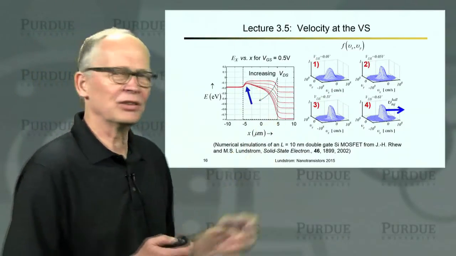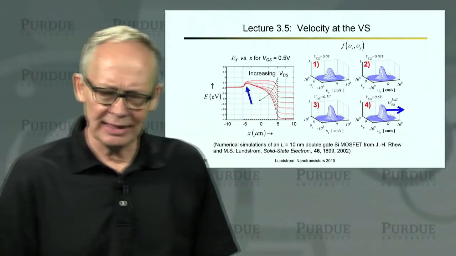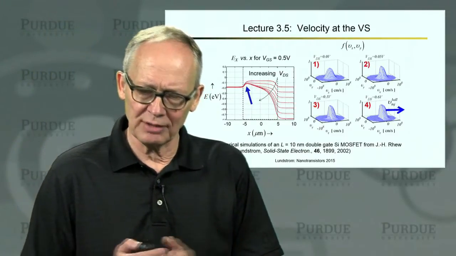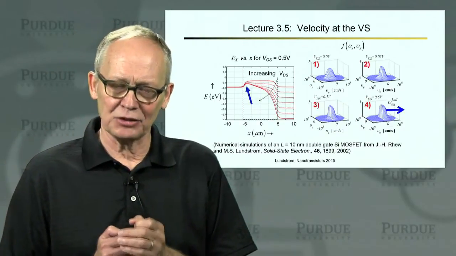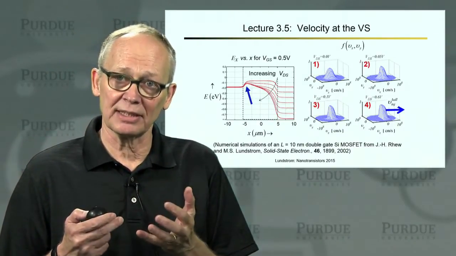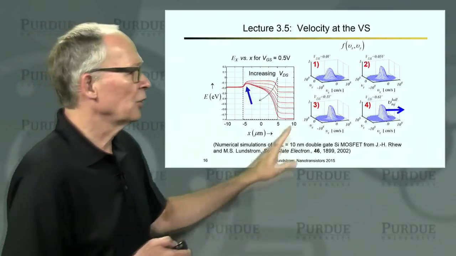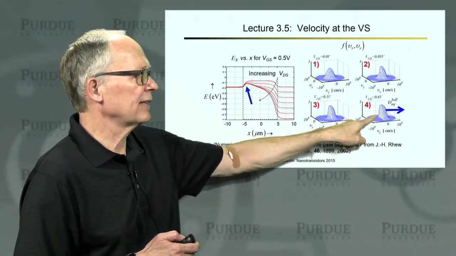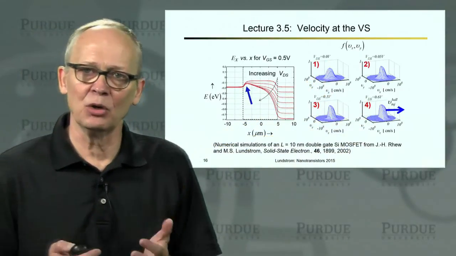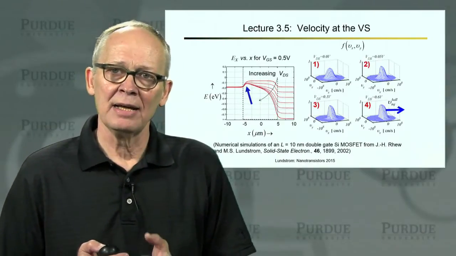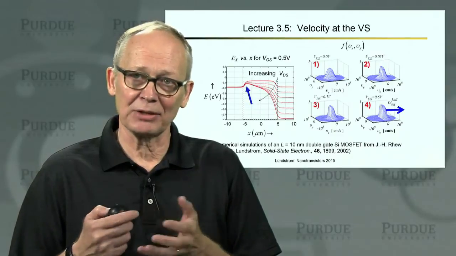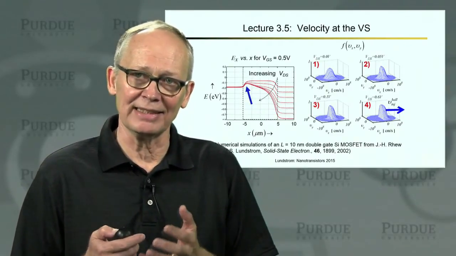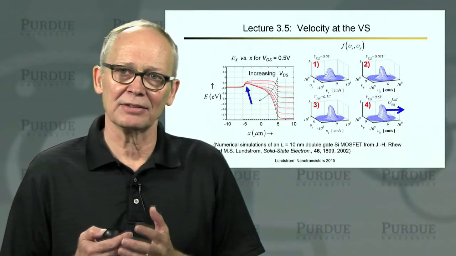Now, there's one factor here that I haven't discussed very much, but I should mention at least. It's a very interesting effect due to the self-consistency with the Poisson equation. So you can see here, we have lost half of the distribution. We have no negative velocity electrons. But we know that MOS electrostatics really doesn't care about these microscopic details that are going on inside the transistors.